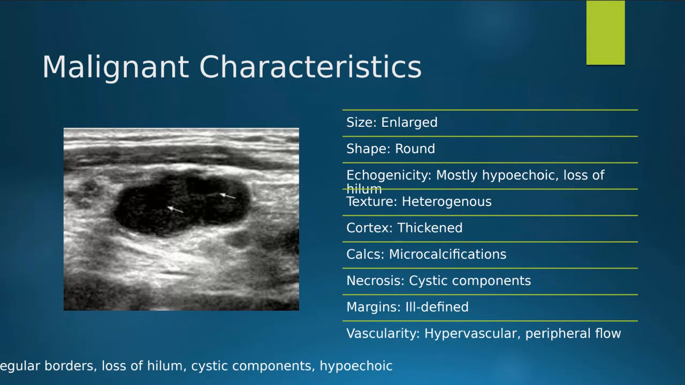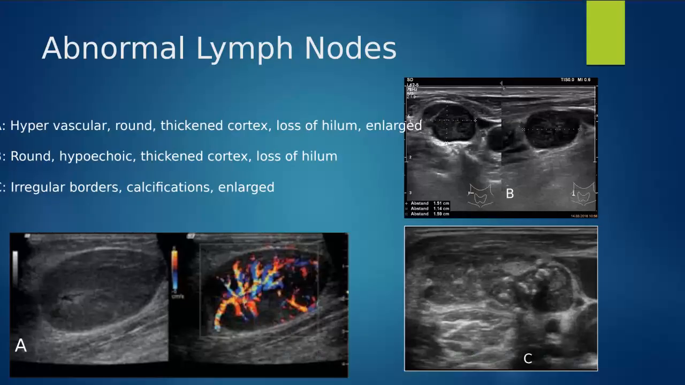So this picture here is really showing us the loss of that hilar tissue. We also see some ill-defined margins, particularly up here in this anterior portion. And this whole thing is just uniformly hypoechoic. So that's going to indicate to us that there's something abnormal happening with this person's lymphatic system. So abnormal lymph nodes, again, all of these